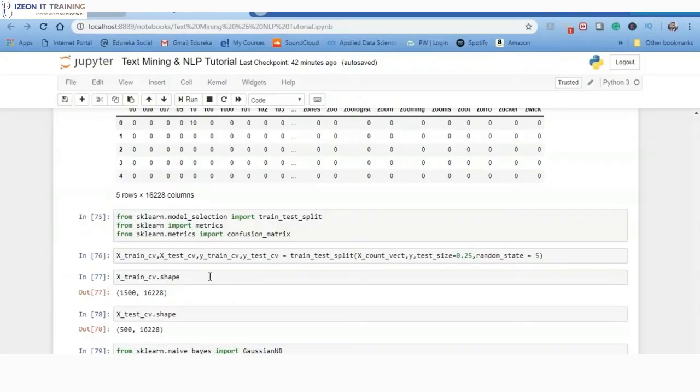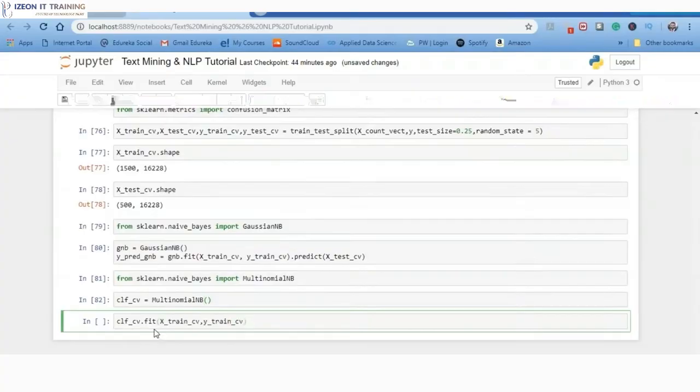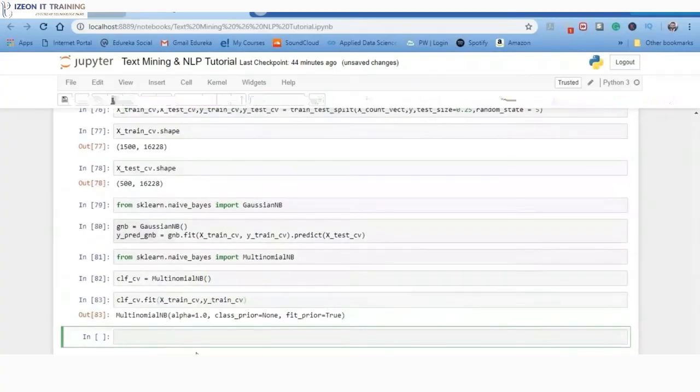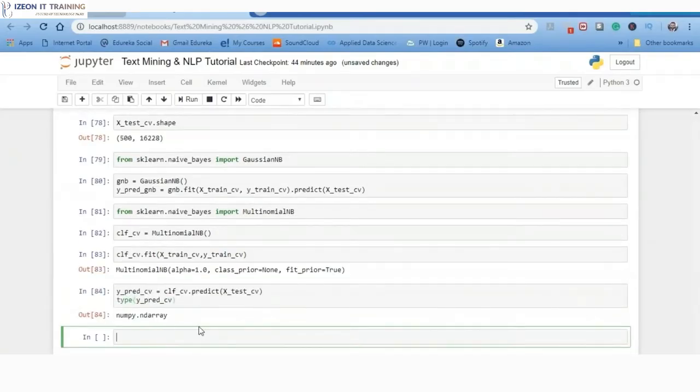Now to implement the naive Bayes algorithm in Python, we'll use the following library and functions. We are going to import GaussianNB from the sklearn library, which is scikit-learn. We are going to instantiate the classifier now and fit the classifier with the training features and the labels. We are also going to import the multinomial naive Bayes because we do not have only 2 features here, we have multinomial features. So now we have passed the training and the test data set to this particular multinomial naive Bayes. And then we will use the predict function and pass the training features.